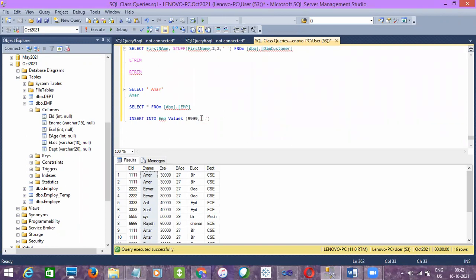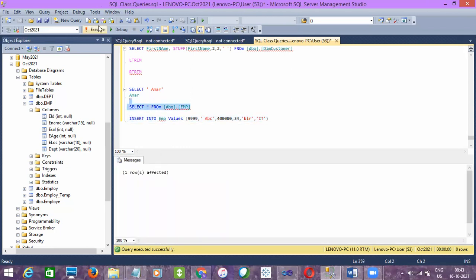That ABC I'll give a starting space and then the name ABC. Okay, there is a space here, an extra space. By mistake I have typed it, or whatever it is. So employee salary as 40,000 and then age 34 and then location, let's say Bangalore, and then department, I'll just give IT. So the thing we have to consider here is this value. Let me insert it.